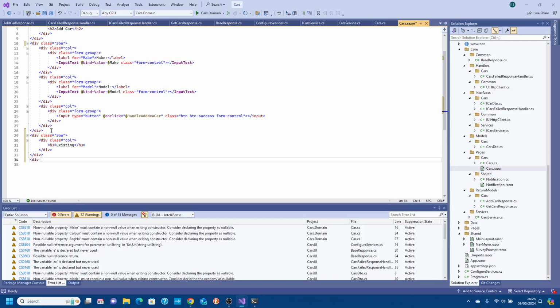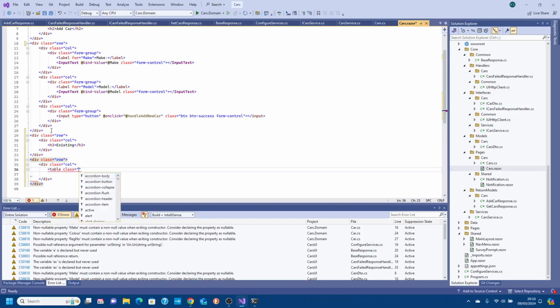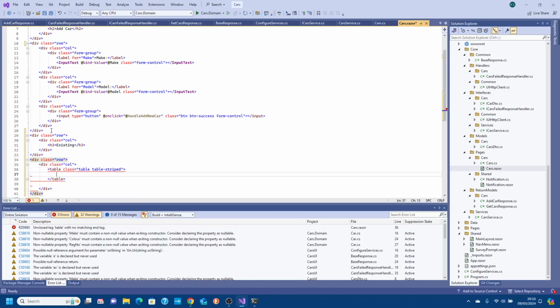And we'll say div class equals row, div class equals poll, and we're just going to do a simple table class equals table dash right, and all that, thead,